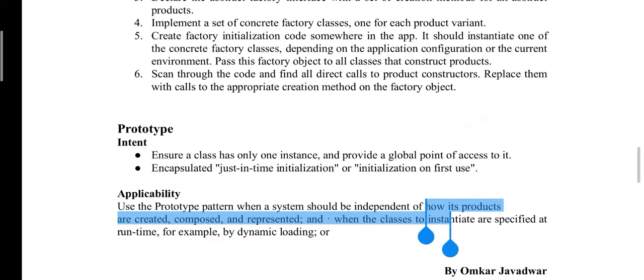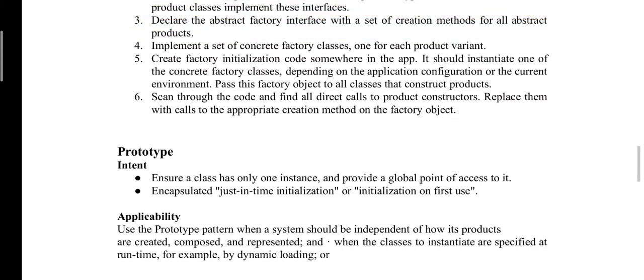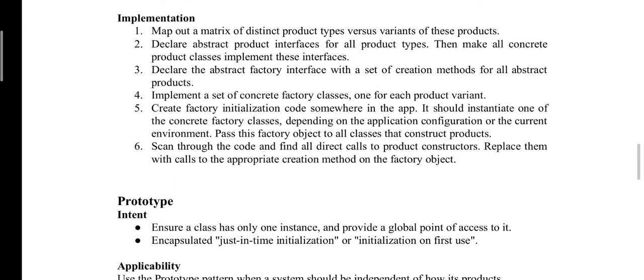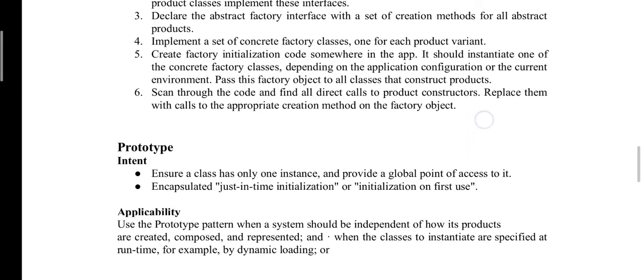Now in today's lecture we have seen the prototype creational design pattern, what it does and where it is applicable. The first thing about the prototype creational design pattern is that it specifies the kinds of objects to be created using a prototypical instance, and creates a new object by copying this prototype. That means it specifies the prototype for creating different kinds of objects, and using that same prototypical instance you can create the new object. This is the main intent of the prototype.